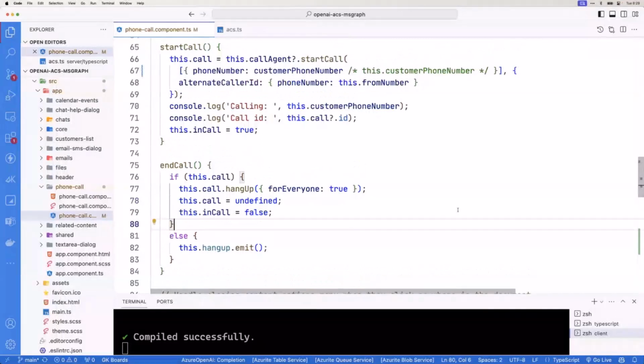So to wrap up, you set up the ACS resource, get a toll-free number, write a little bit of code to get the token, and then use this type of code to actually make the call. And that's how you could add that type of functionality into your app.